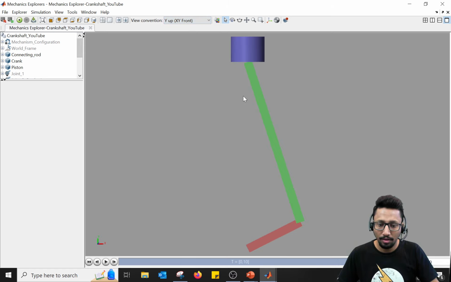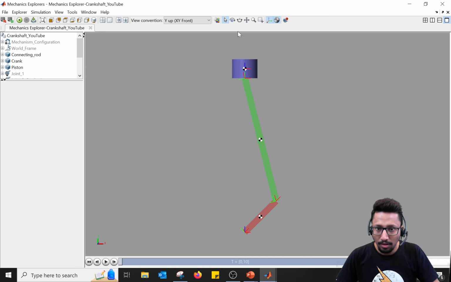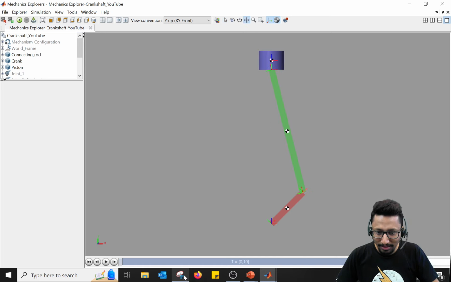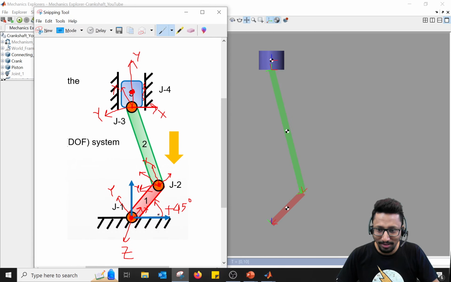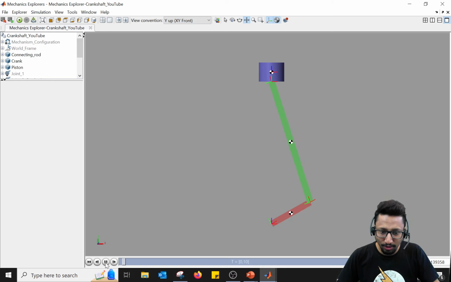And before anything, I like to have my visibility of frames on and center of mass on. And if you go to the beginning of the simulation, at least this is how I was expecting my system to be. See, exactly the way we defined it to be, and exactly the coordinate systems are also the way we defined the coordinate systems to be. It's exactly following the same thing we have modeled so far, right? Okay. The moment we simulate,